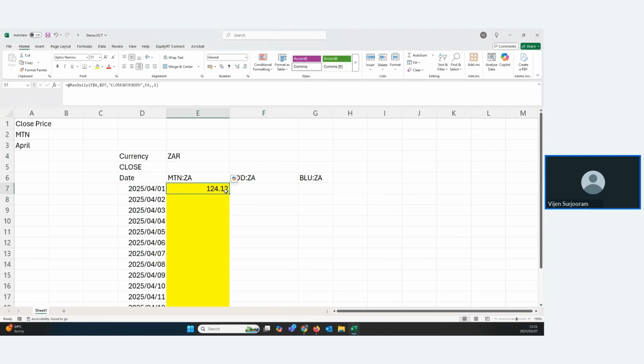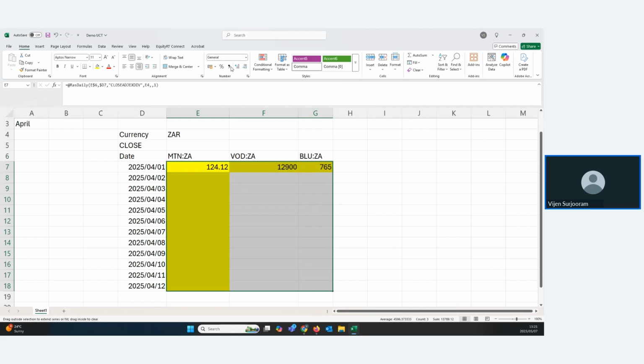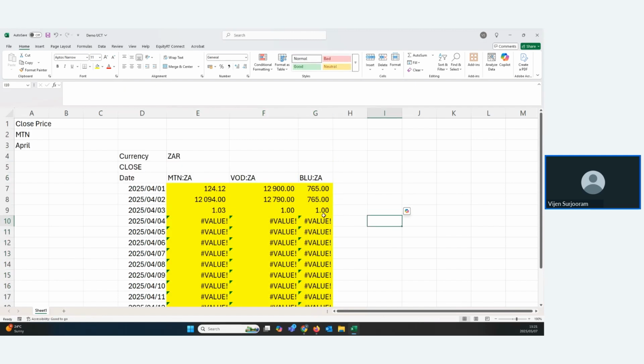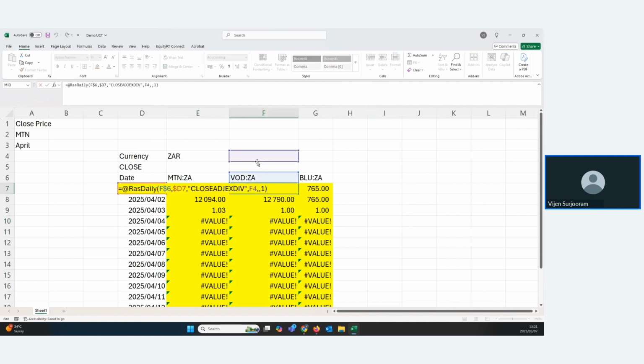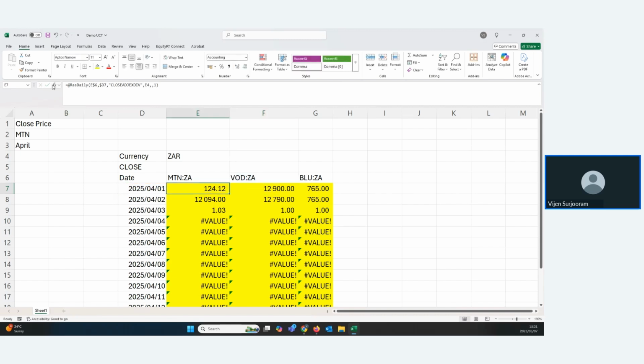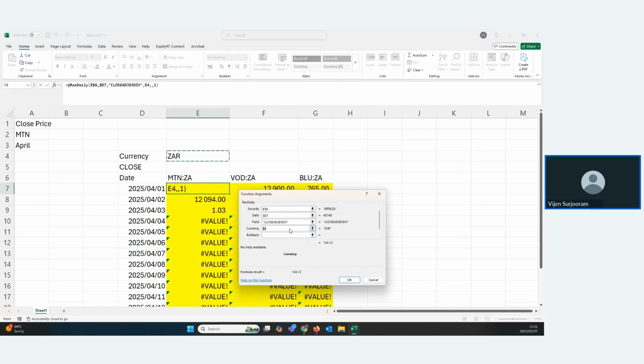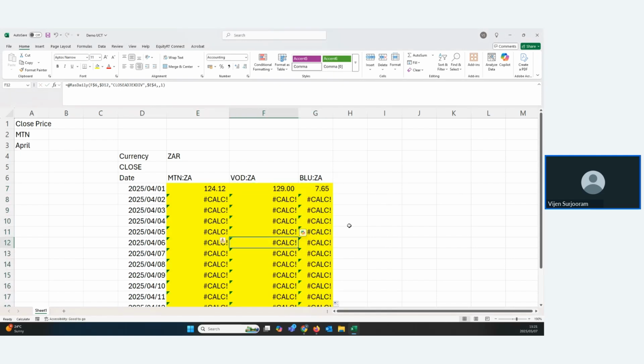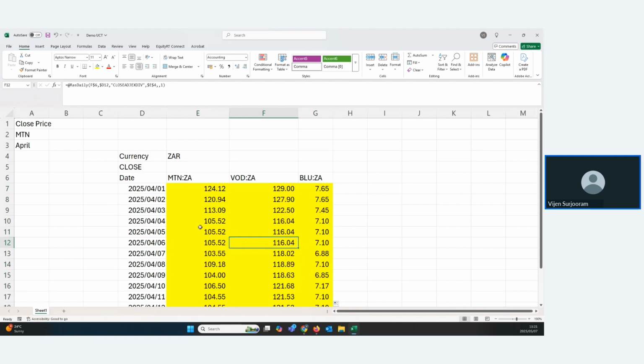So now what I can do is drag this formula across there, so now I can very quickly see. Let's make sure I'm linking. See, I forgot to lock the currency, and that's why it's messing things up. Let me go back there and lock the currency, so when I drag it, it doesn't mess things up. So now I've locked the currency. Let's do that again. And now all of a sudden I've got multiple stocks, and I've got multiple data